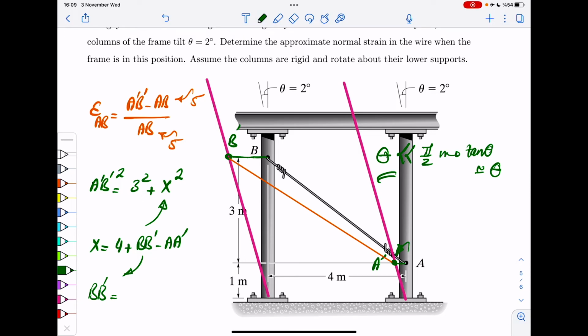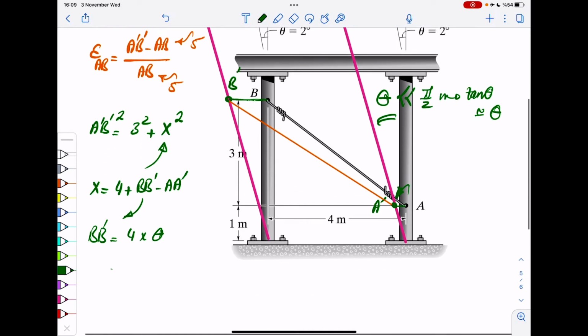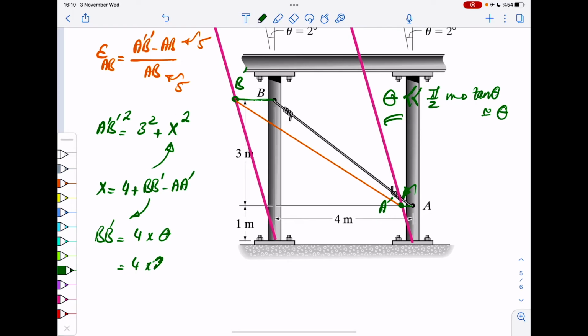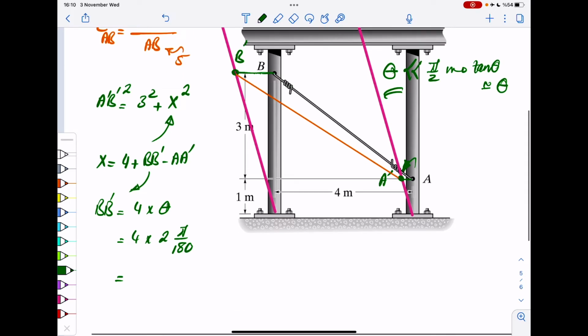So bb prime would be 4 times theta, and theta is 2 degrees. So that's 4 times 2 divided by, 2 times pi divided by 180. So that would be